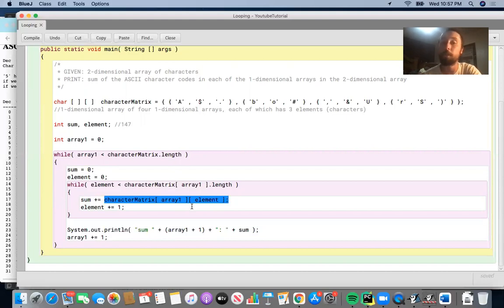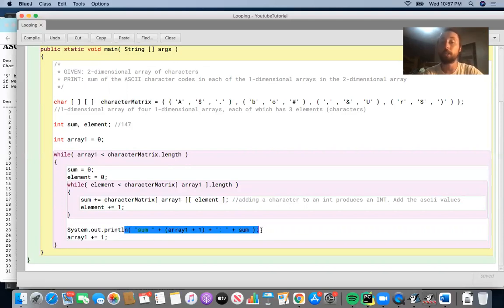But remember, it's an implicit cast. So we say adding a character to an int produces an int, okay? So this is going to add the ASCII values of each of the elements in each of the one-dimensional arrays. And then at the end of this outer while loop for each of the one-dimensional arrays, because not